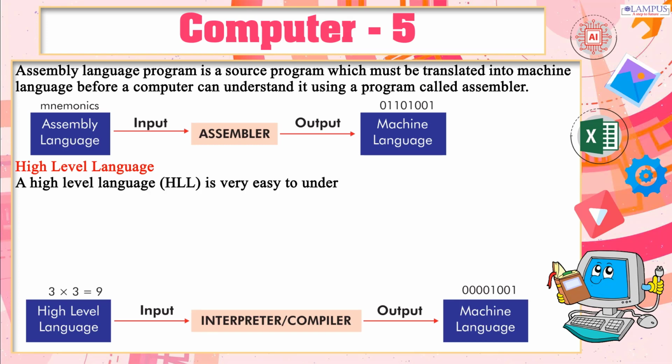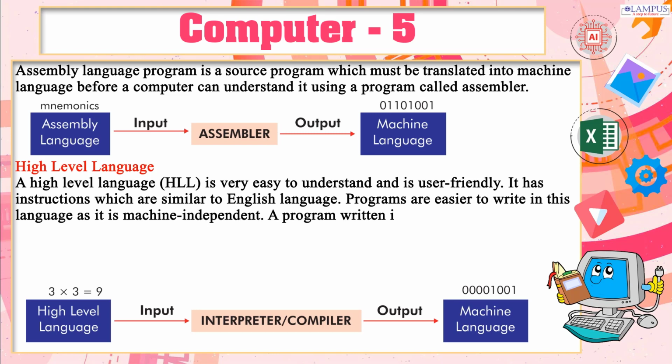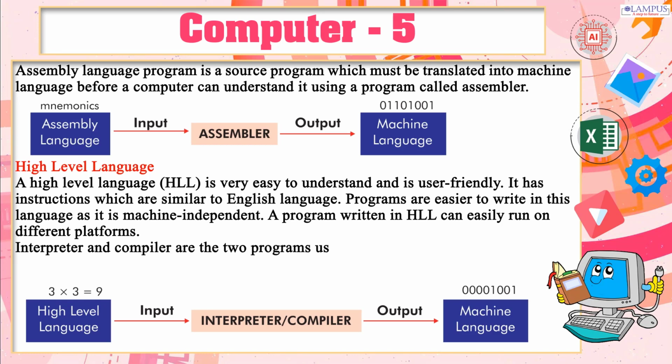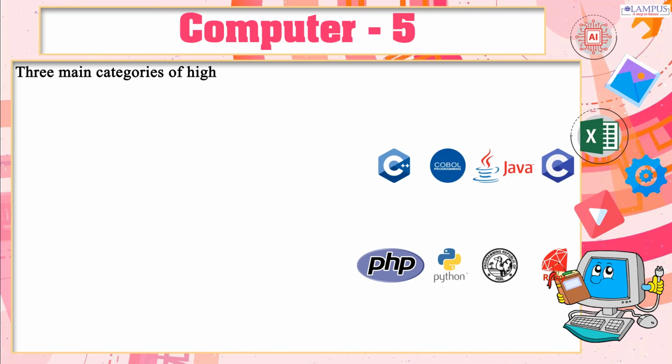High-level language. A high-level language, HLL, is very easy to understand and is user-friendly. It has instructions which are similar to the English language. Programs are easier to write in this language as it is machine independent. A program written in HLL can easily run on different platforms. Interpreter and compiler are the two programs used to translate high-level language into machine language to make it easier for the computer to understand. Three main categories of high-level languages are procedural language,